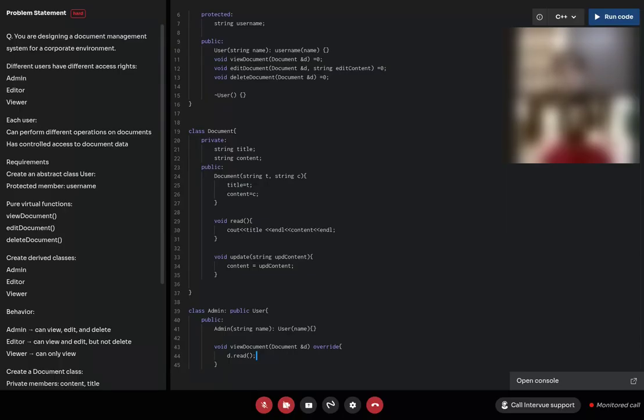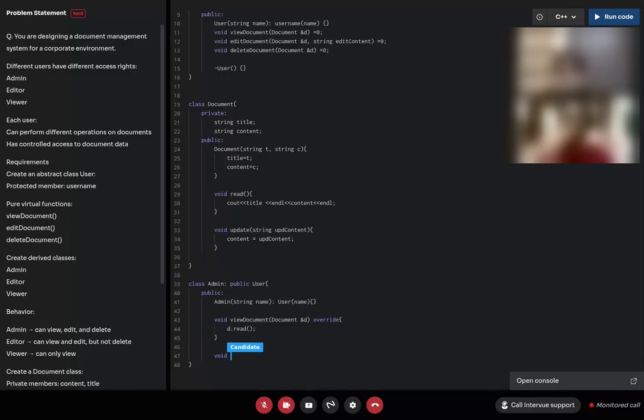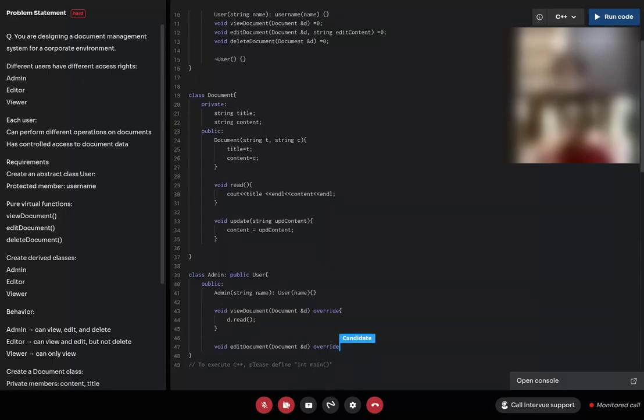We are doing read with cout only, so that's the view document. Then for edit document, D, I'll do override.